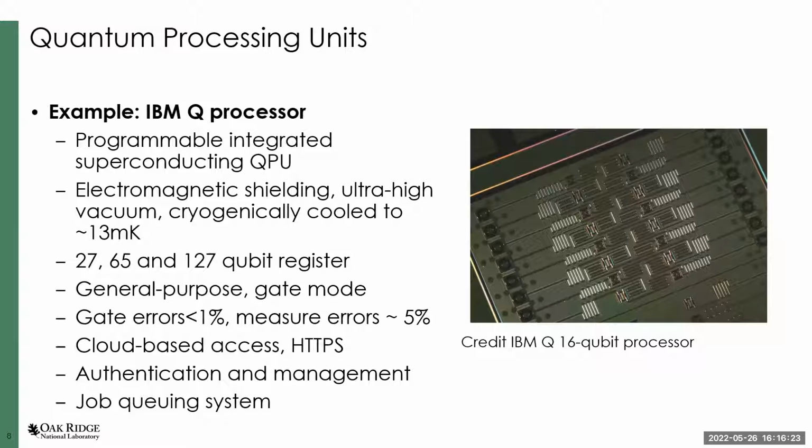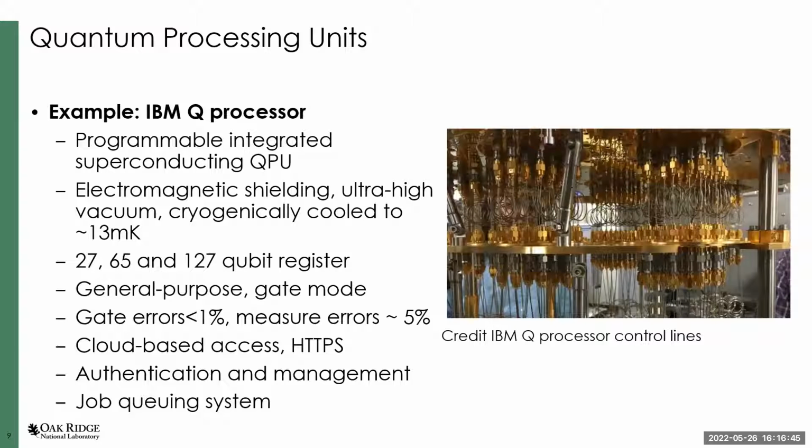They are always in isolation from their surrounding environment. So that means electromagnetic shielding, ultra high vacuum, and cryogenically cooling. In fact, down to about 13 millikelvin, which is far colder than the dark side of the moon. The way that you program these systems is you actually send in a series of electronic signals. These waveforms then drive the dynamics in the transmons that represent the qubits that can be used to process information